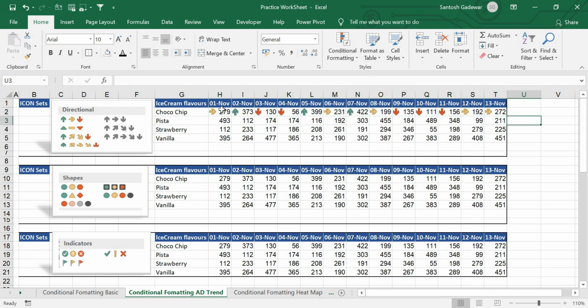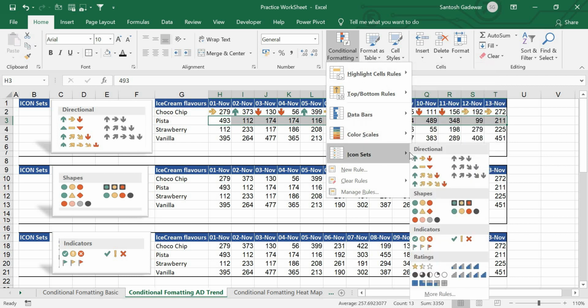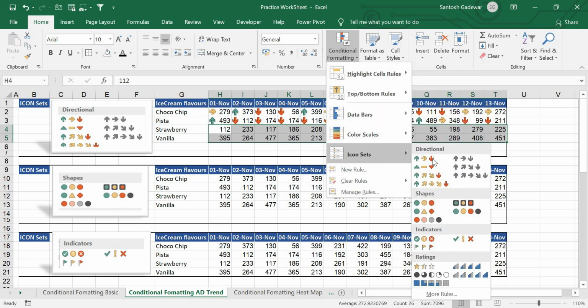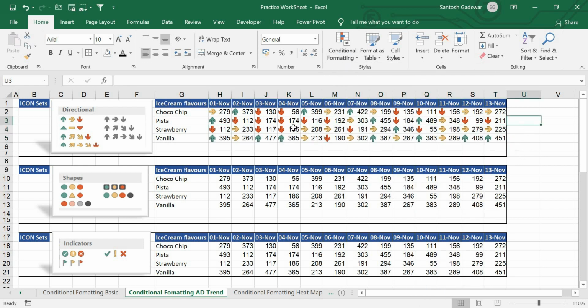And if you see, the directional conditional formatting has just taken place. Wherever the value is high, it will show an upward trend. Wherever the value is less, it will show a downward trend. We will do the same for the row below. Yeah, it has happened now. For the same thing, you cannot choose data in 2 rows and expect them to take conditional formatting. So this is the wrong way of applying conditional formatting to a unique row.